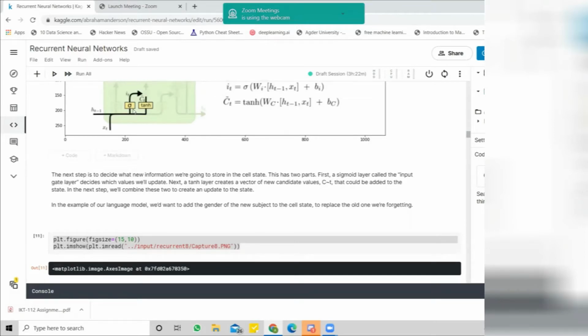there comes another layer. We can see another sigmoid function and hyperbolic tangent function, right?